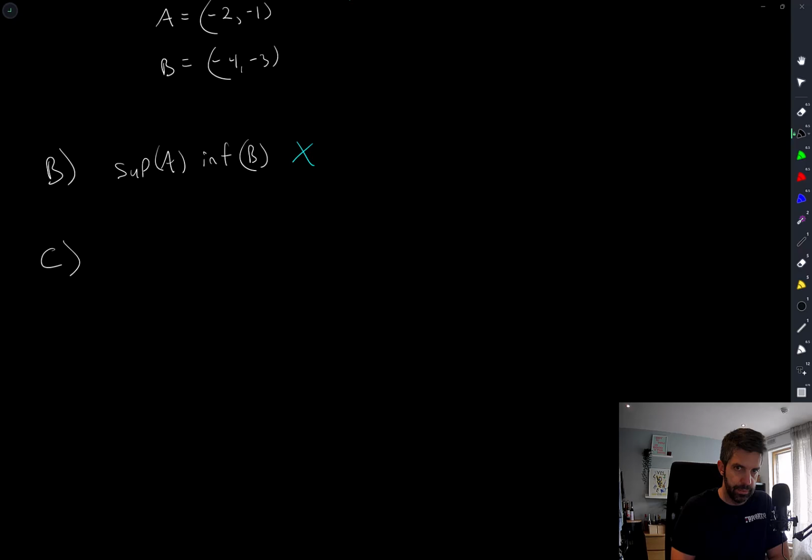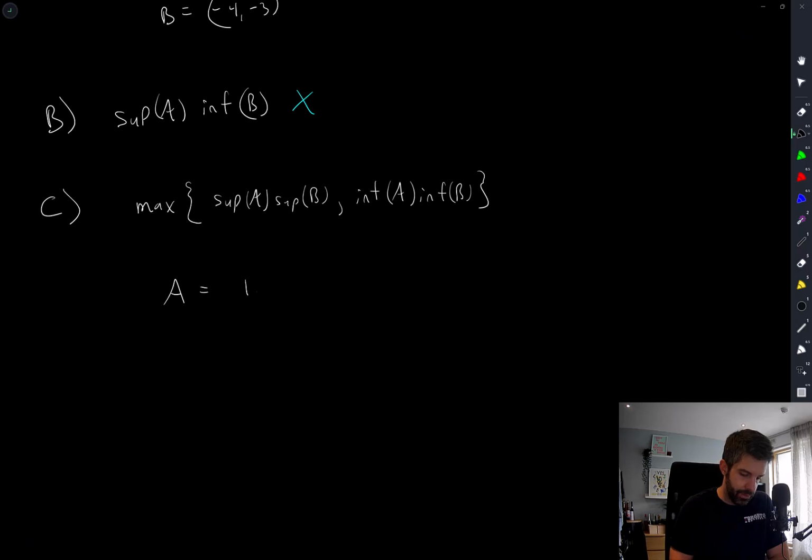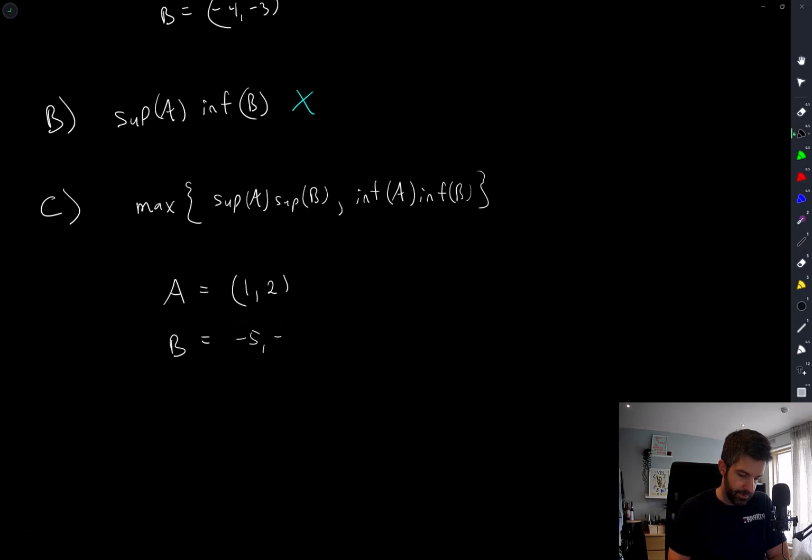So for example, the option we're given here is sup A, sup B, or inf A times inf B. So if A is the interval from 1 to 2, and B is the interval from, let's make it more negative, -5 to -4,